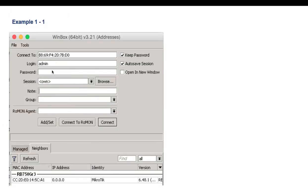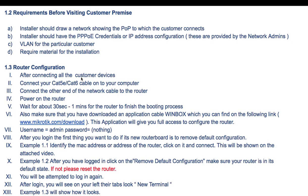Then also, okay, let's go back here. So router, now we are digging deep into the router configuration. After you have collected everything, you've got a network diagram, you've got a VLAN, you've got the PPP credentials, you've got all the required materials for the installation. Then now